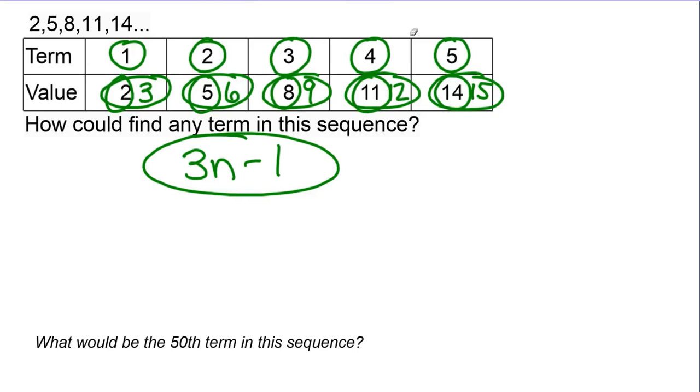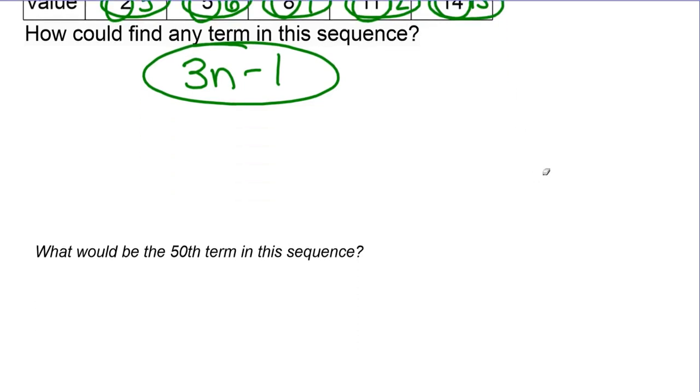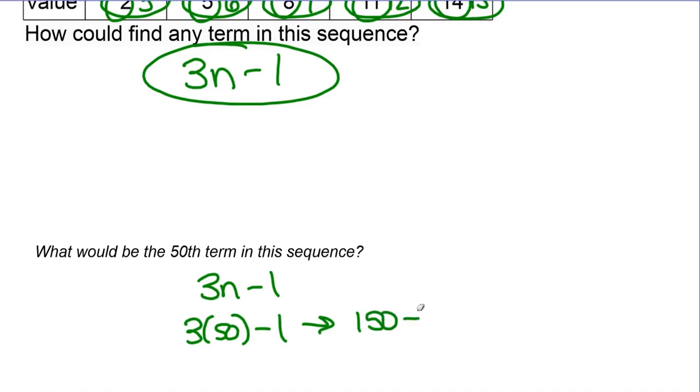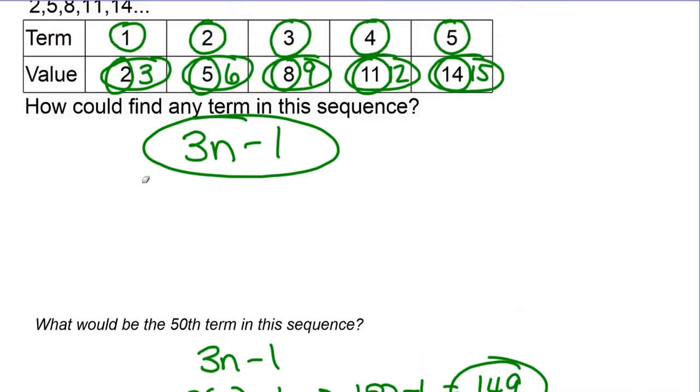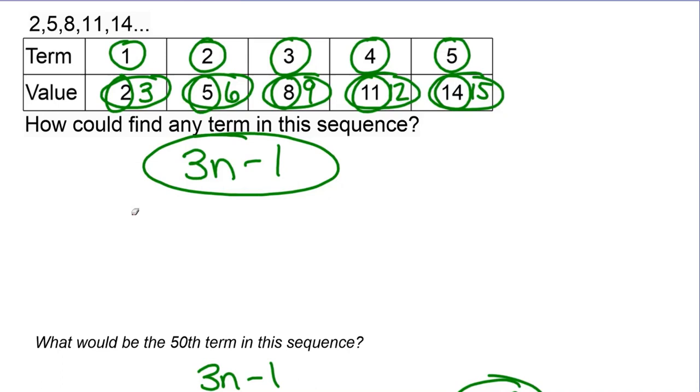So what would be the 50th term in this sequence? I can use my expression 3n minus 1 to find the value of the 50th term. 3 times 50 minus 1 gives me 150 minus 1, which is 149. So the 50th term in this sequence would be 149. So a pretty fun activity there is writing these algebraic expressions to predict the value of any term